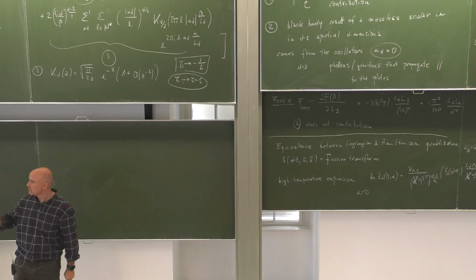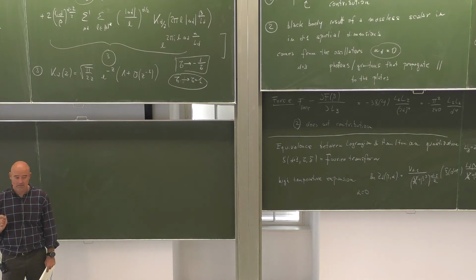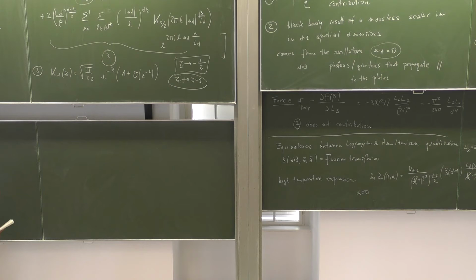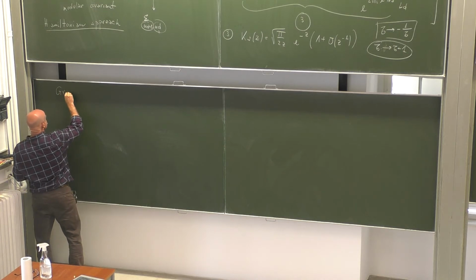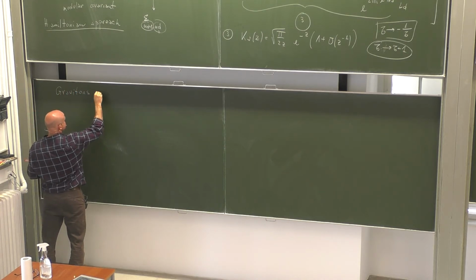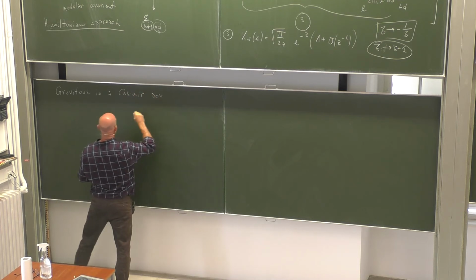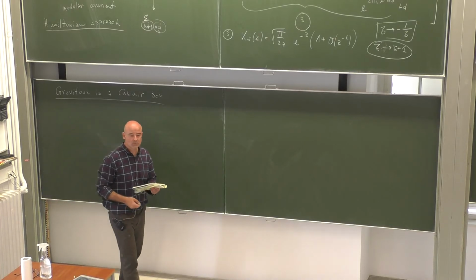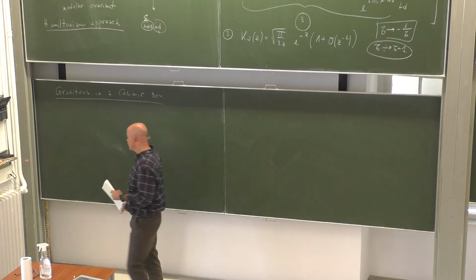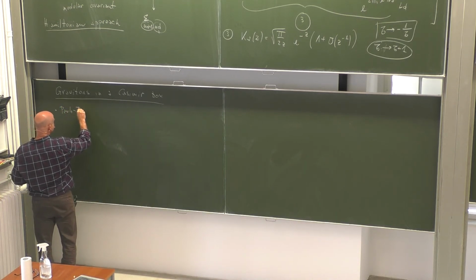Let me do the heat kernel. Let me quickly, very quickly, say how the gravitons go and give you more details, and then I will do the heat kernel. So how do the gravitons go? At least, what is the kind of computations that you have to do? For the gravitons, the first thing that you need if you want to control the degrees of freedom is to do the Hamiltonian formulation. There are two ways to do the Hamiltonian formulation. Either you start with the Pauli-Fierz spin-2 action, and you do the Dirac analysis for that.